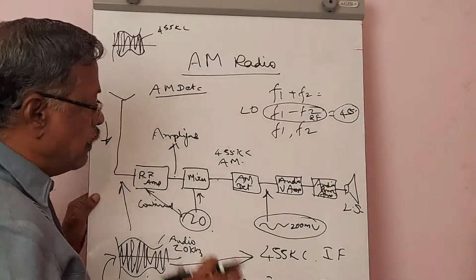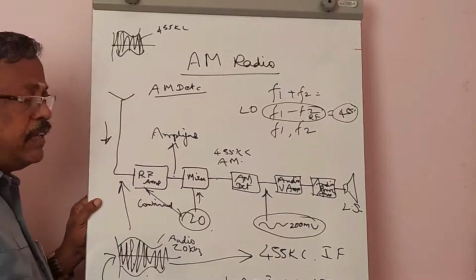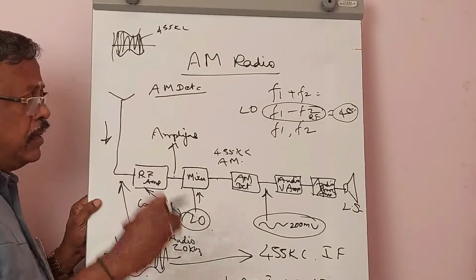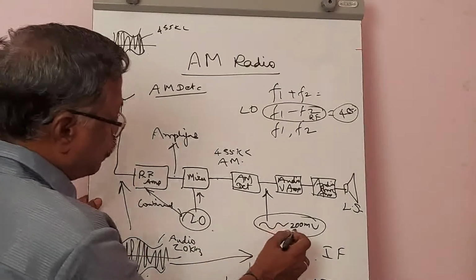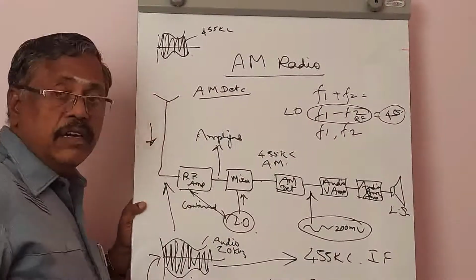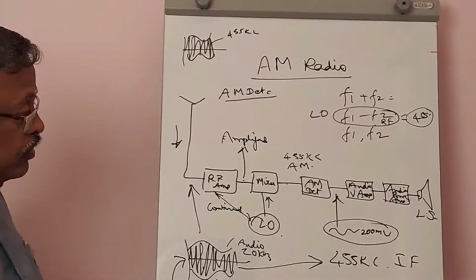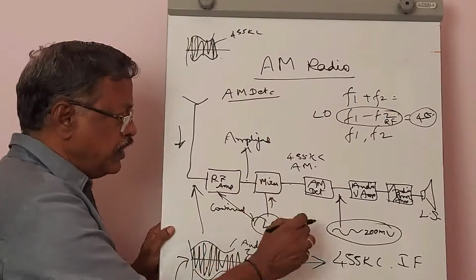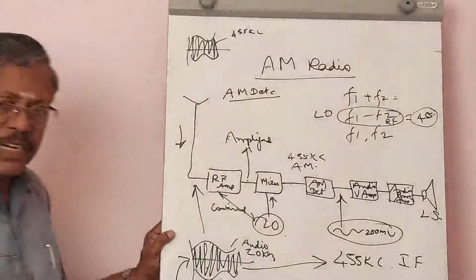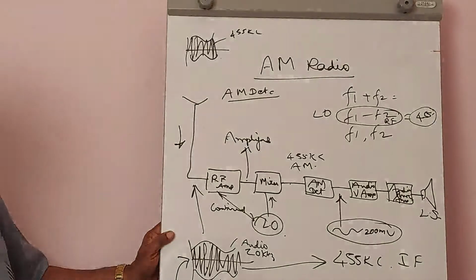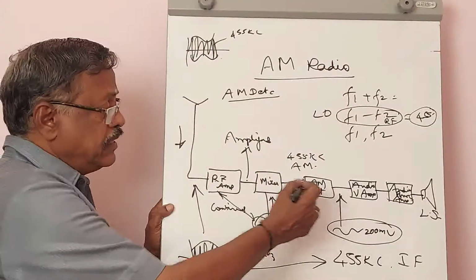Therefore, sufficient amplitude is necessary for driving the voice coil of the loudspeaker. Therefore, a small 200 millivolt audio voltage is supposed to be raised so that it can be fed directly to the loudspeaker. Then, how do we raise the current capacity of the audio voltage which has been taken from the AM detector?